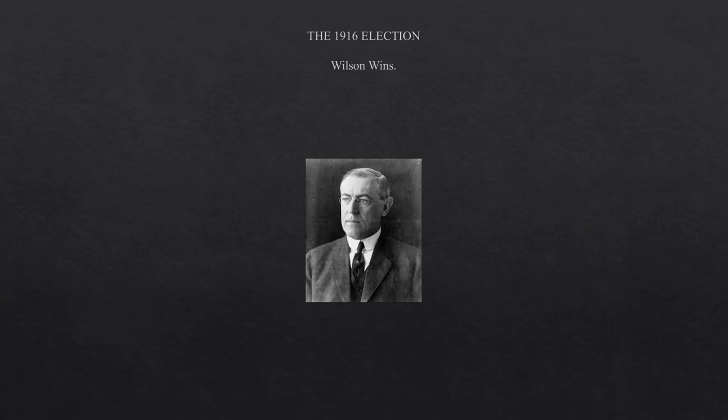Because of time, I'm going to have to cut this section a little bit shorter because we're going to focus on other things in this road to World War One. So there's a couple of things I want you to just know for this specific area. The US starts preparing for war, and Wilson wins the 1916 election. And now what happens after that?